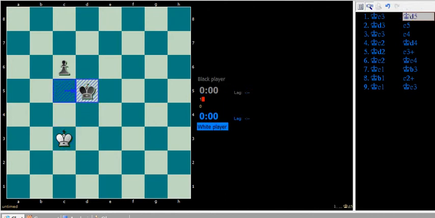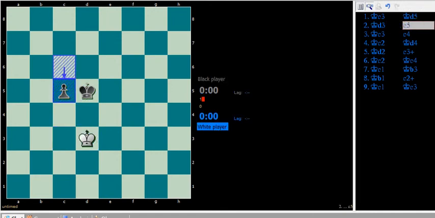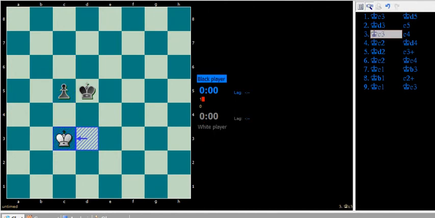Black moves into d5, white follows. And black has no other move other than a repetitive draw. Black decides to push the pawn, and now it's going to result in a draw, because now black will never be able to occupy a critical square. At this point, white actually has